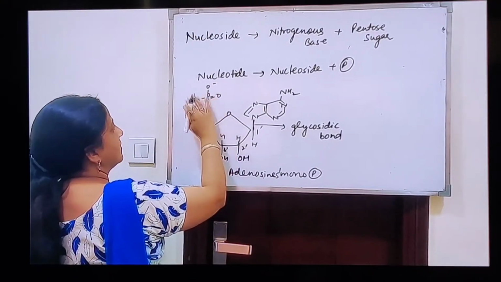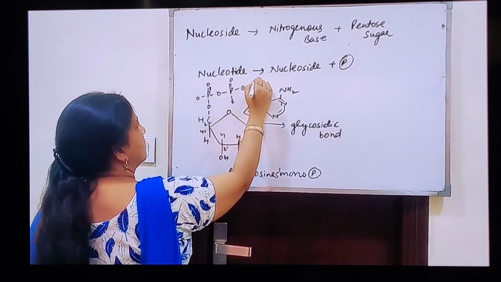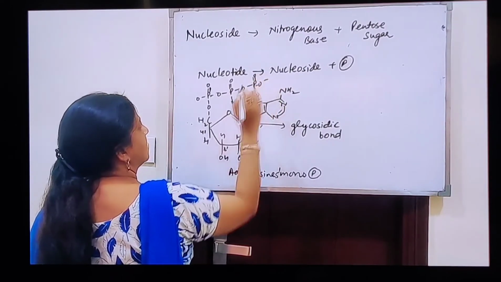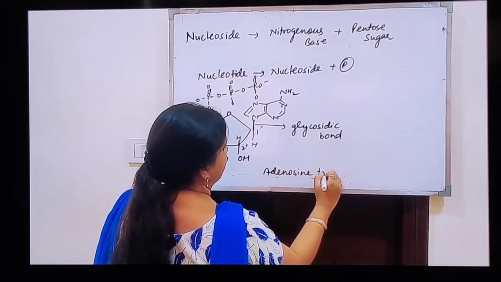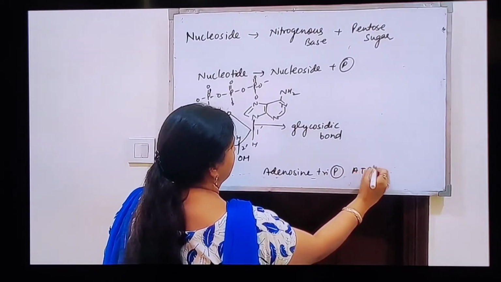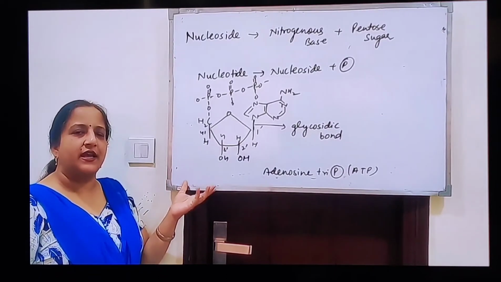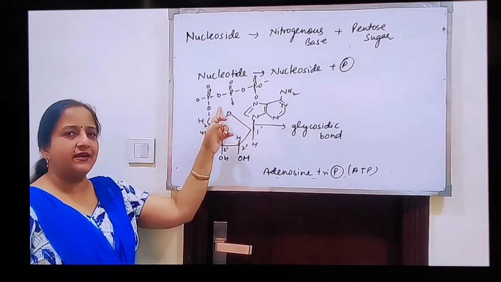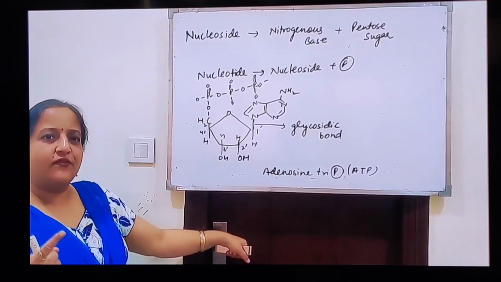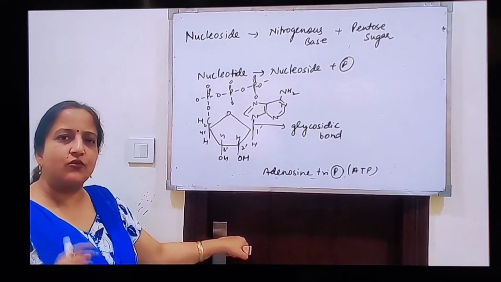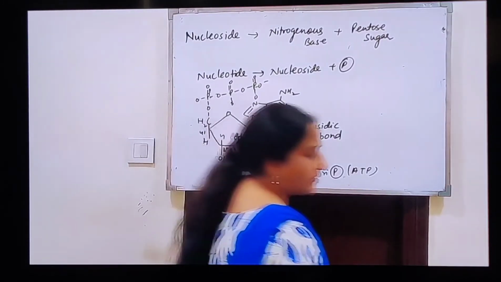Now, if I attach more than one phosphate group, then it becomes adenosine triphosphate. That is ATP, which is the energy currency of the cell. So this is the structure of ATP and it is a nucleotide. It has sugar, base and phosphate group attached together, and this structure is known as nucleotide. Polymer of nucleotides is known as nucleic acid. When nucleotides polymerize, they form nucleic acid. Children, are you clear?